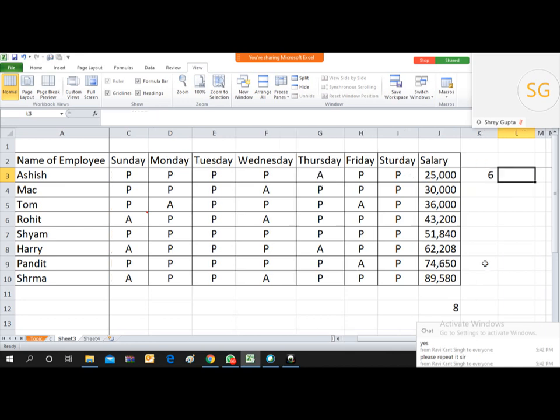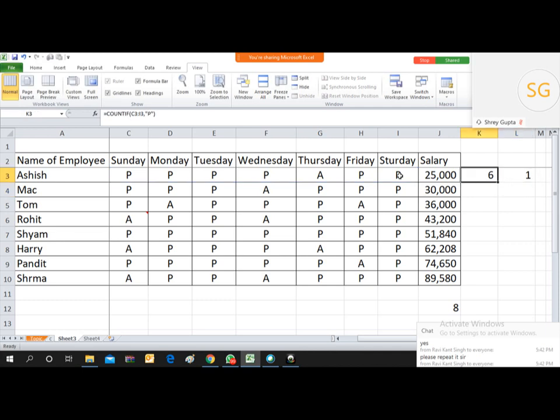In the next column you can also count the absenteeism. Again the same formula: countif, start bracket, select the range, put a comma and provide the criteria. The criteria is A. What this formula is doing is nothing but counting A in the range.